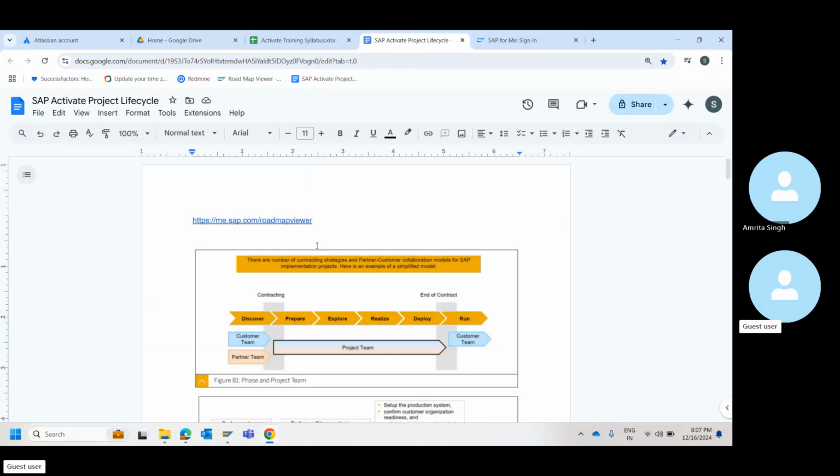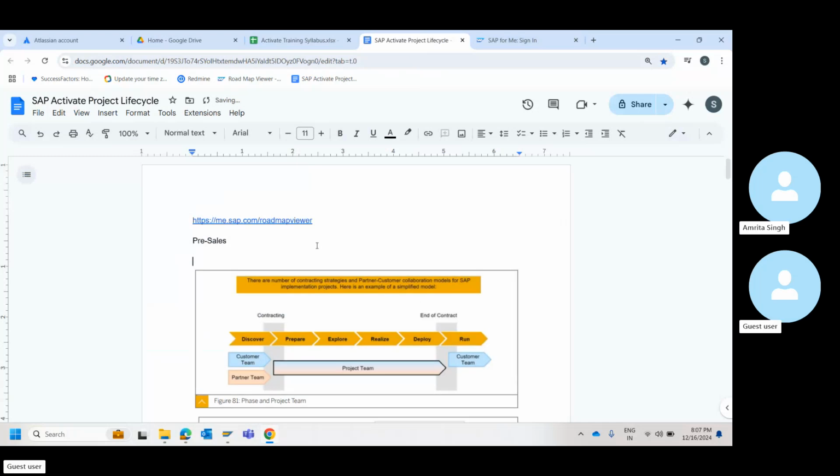To give you a brief, the first thing you need to understand is that whatever we are going to discuss is part of the pre-sales and sales team. You are not going to be involved as a project manager or a delivery manager. The pre-sales and sales team will be responsible to drive the conversations with the customer to get you a project.